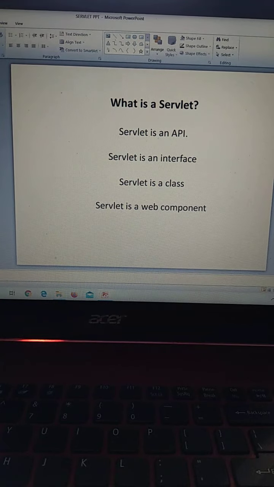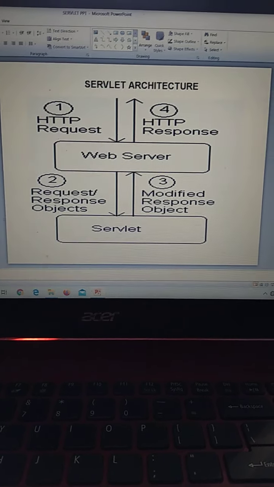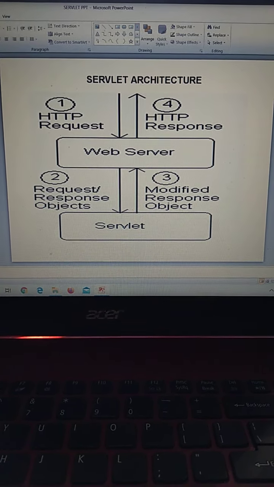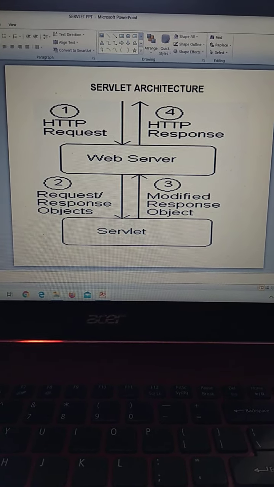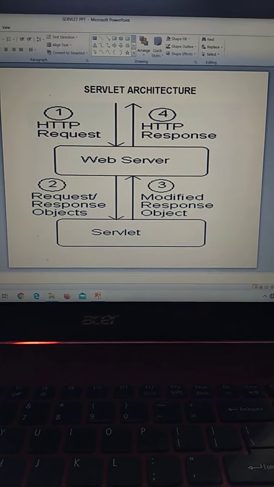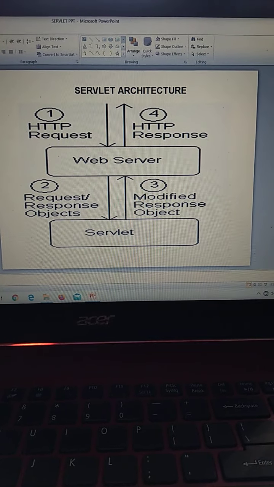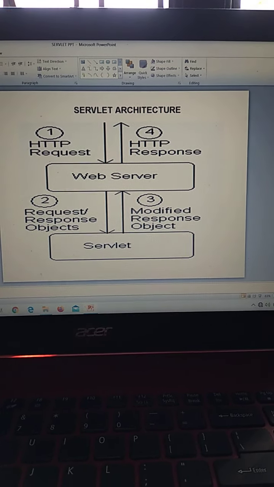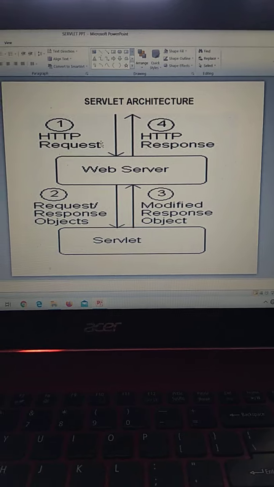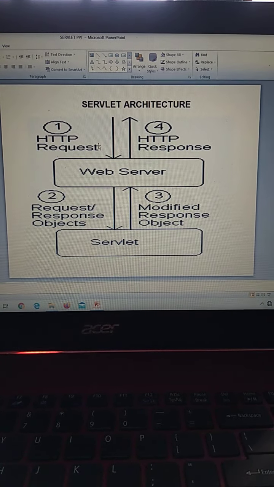Next we see servlet architecture. This is the servlet architecture, so we will see it one by one. When the server starts, it instantiates a servlet. The server receives an HTTP request and determines the need for a dynamic response.